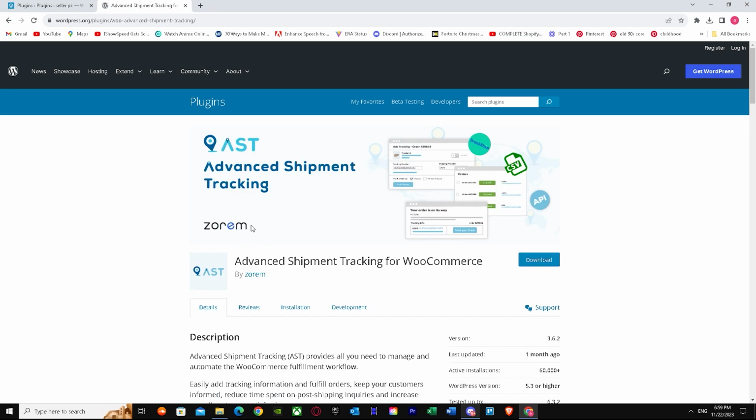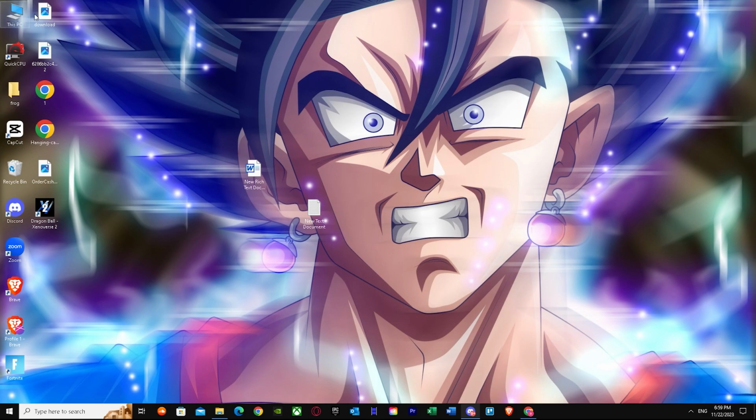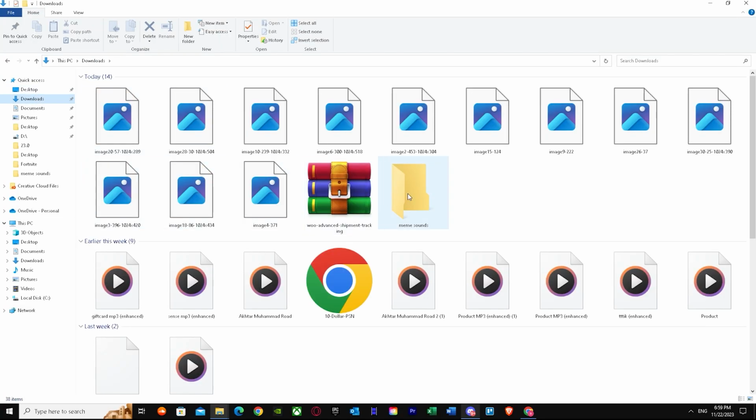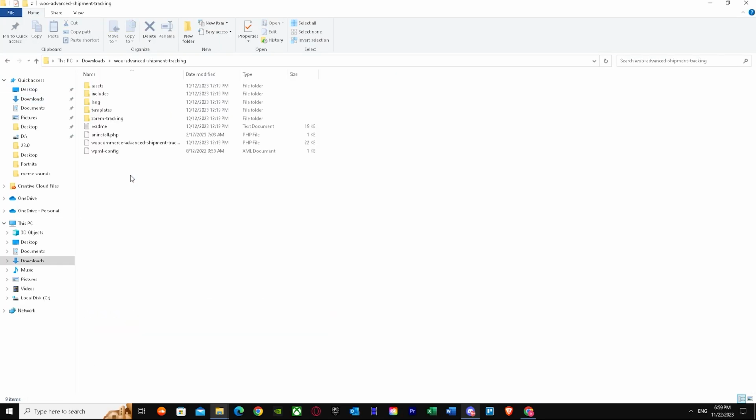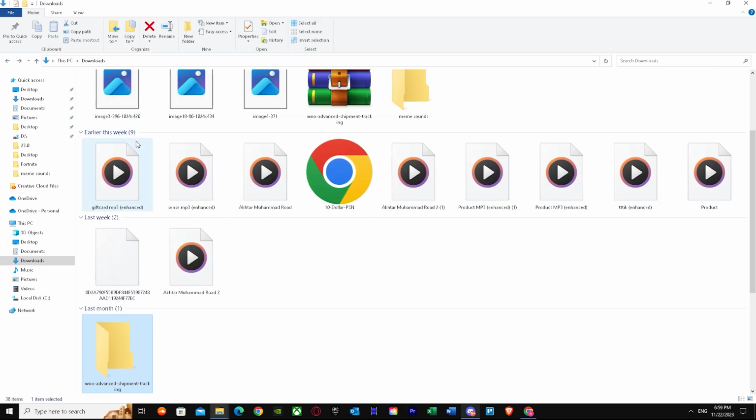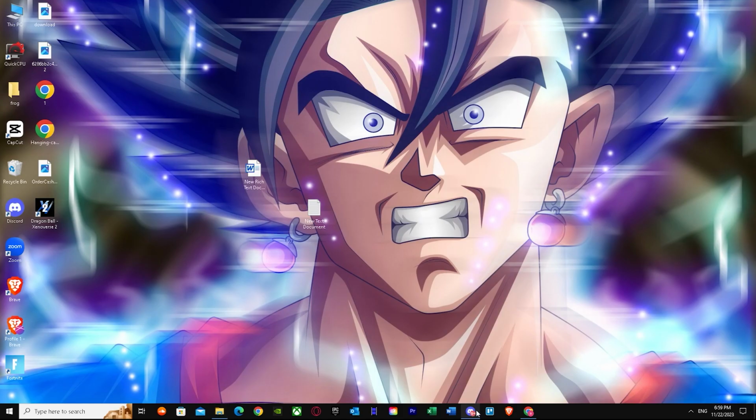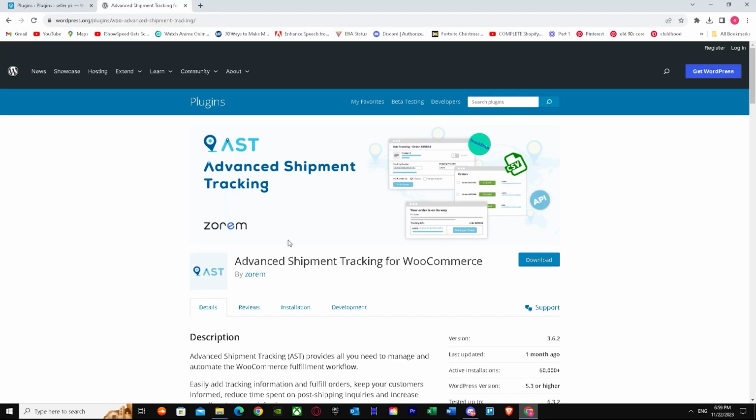If you already have WordPress, if you bought it, you won't see the option of download. It will just say install. But once you press download, you will just get this file right over here. Once you have this file, you can just install it manually. But yes, you can just download it, and if you already got it,